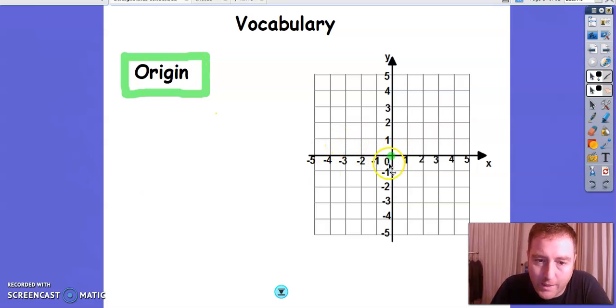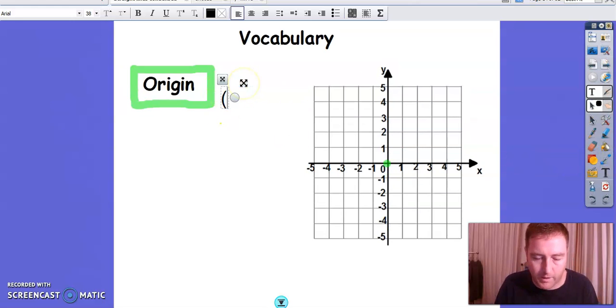Well, a graph begins at 0, 0. The origin is always going to be the coordinate 0, 0, like that. Okay,